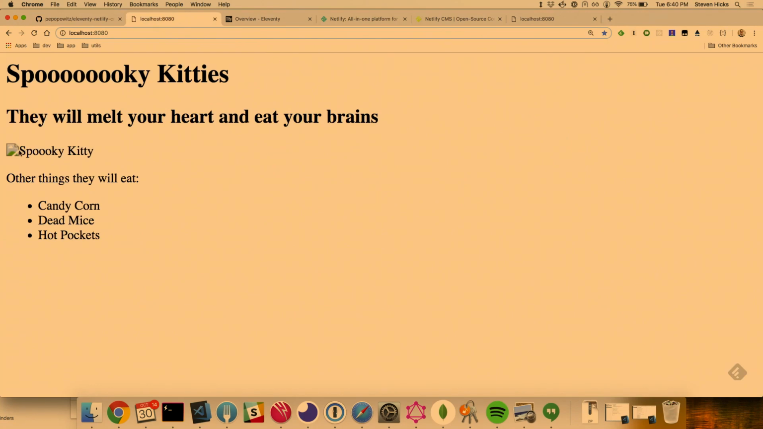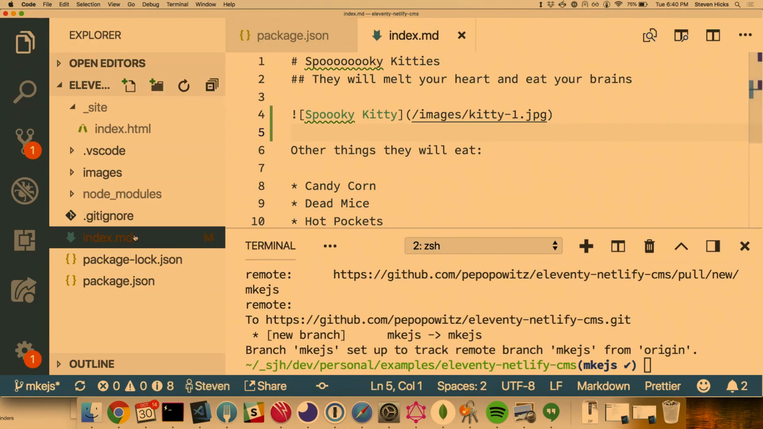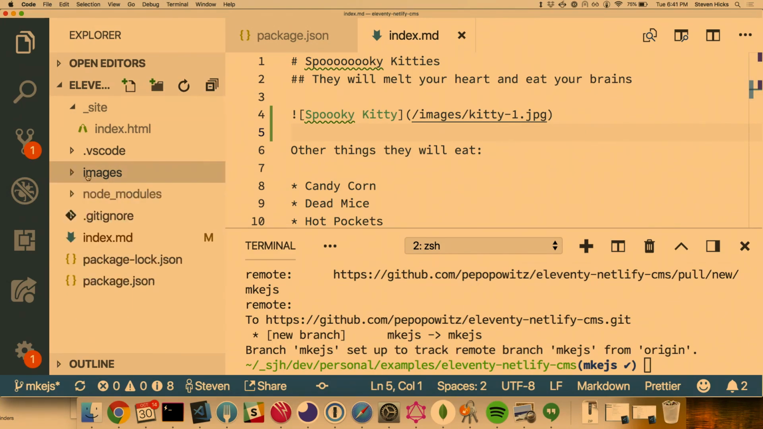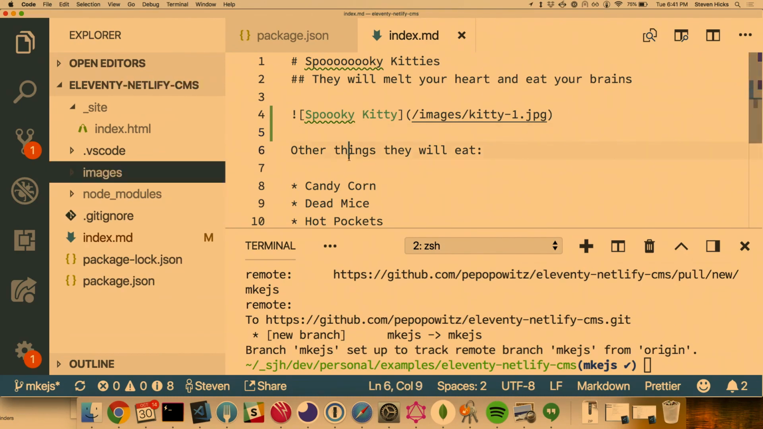And my image doesn't work. Well, my image doesn't work because all that Eleventy is looking for right now is Markdown files and HTML files and some templating files, not images. So we need to go tell Eleventy that, even though this isn't a template, I basically want you to copy these things directly to the site folder when you build. So we will do that